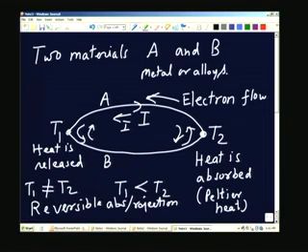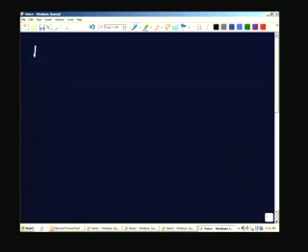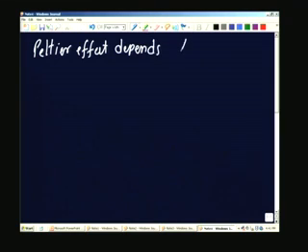So, the Peltier effect or the Peltier heat depends on the two materials A and B, and it is found that the rate at which heat is absorbed or released is proportional to the current and proportional to a coefficient called the Peltier coefficient or Peltier EMF. So, the power absorbed or rejected